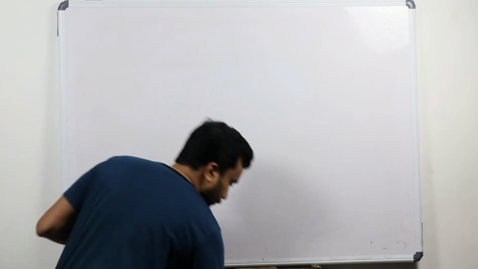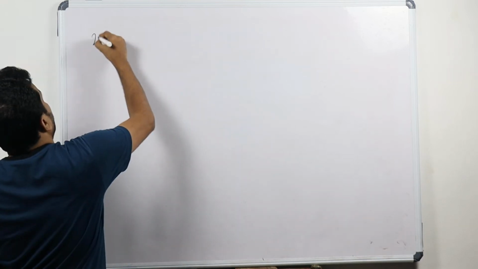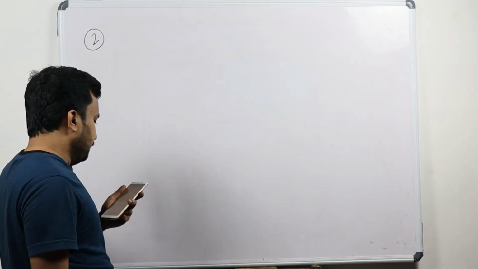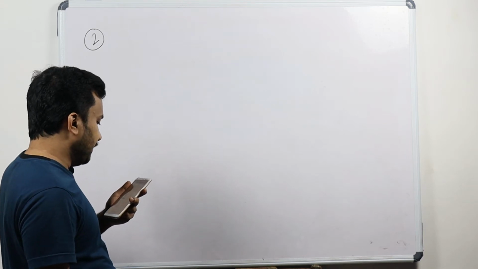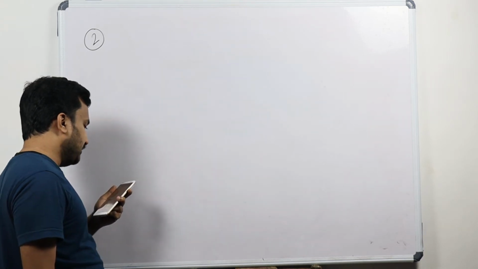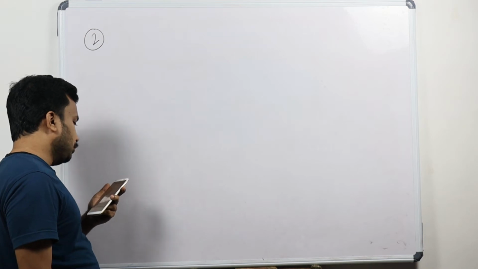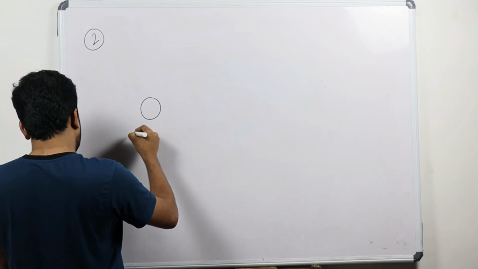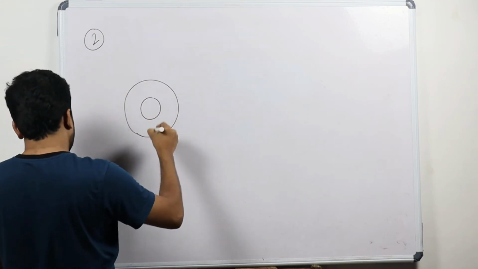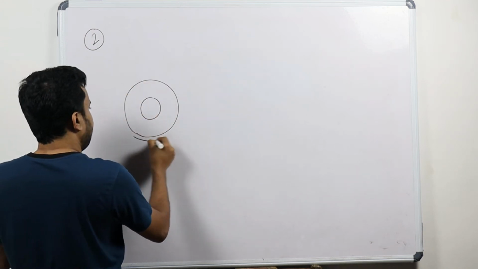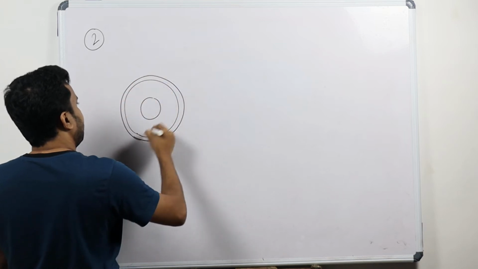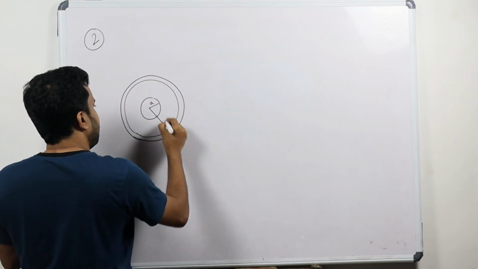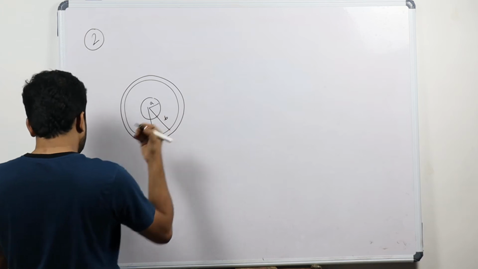Okay, so question number 2, second question. A solid conducting sphere of radius A has a net charge positive 2q. Some diagrams are given on the right side of the question. I am just drawing the diagram. I'll keep it like this, A, and we have another line along this line. So this radius is A, and this radius B is given, and this radius C is given.